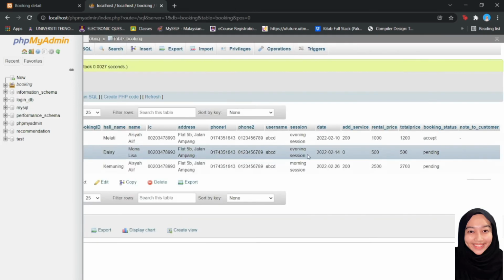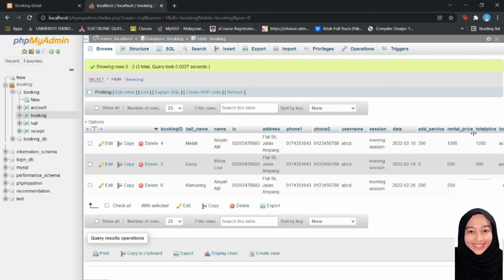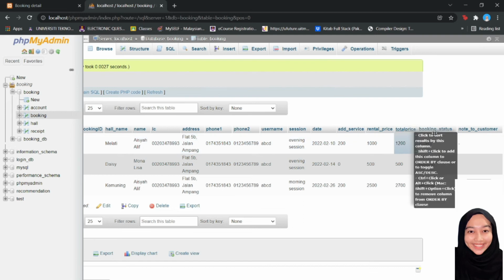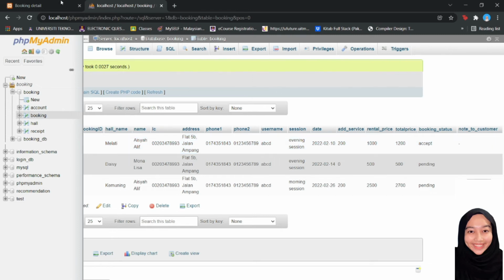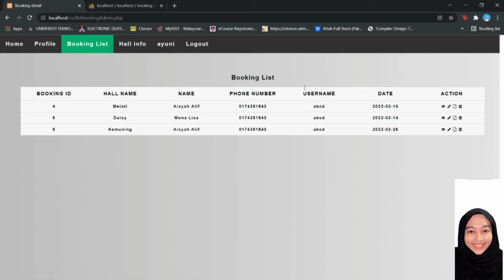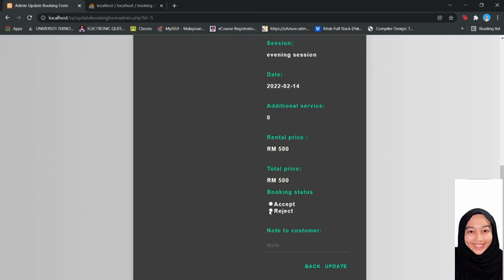So here is how it will look like. So the booking status has been updated, it is accepted, and note customer is none. So for example, for booking ID number 5, I want to reject. So I will just click here and